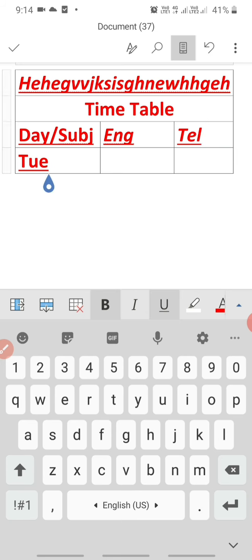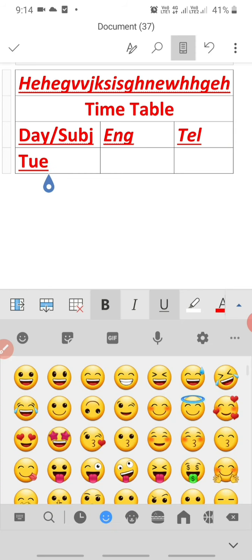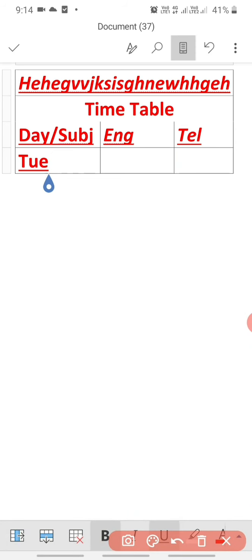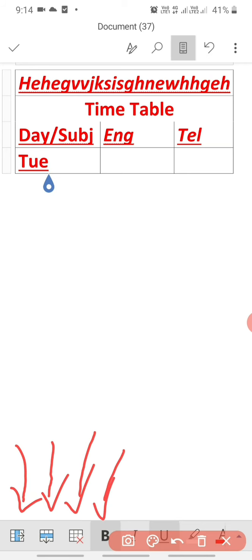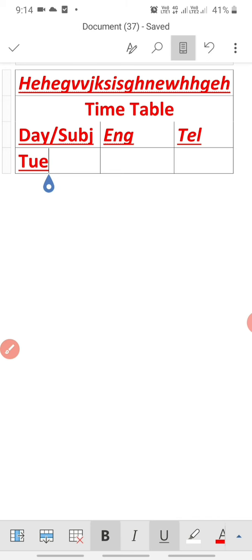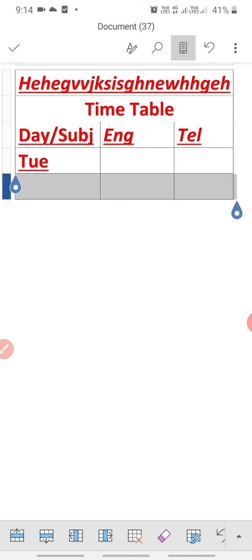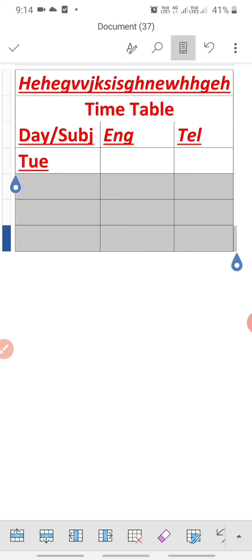You can increase and decrease the number of rows and columns. Use this on the leftmost side. We are having this. You can add rows, add columns, increase, decrease the number of rows and columns, whatever options you want you can use from here. So right now we want to increase the rows, so I'm clicking on this second figure.